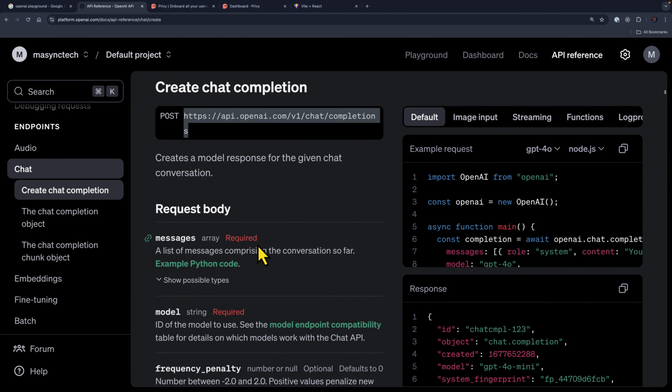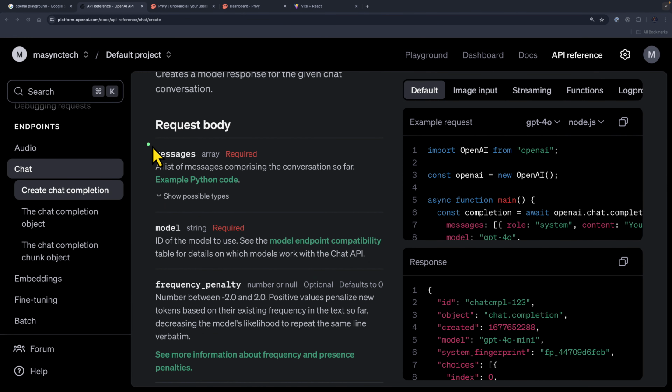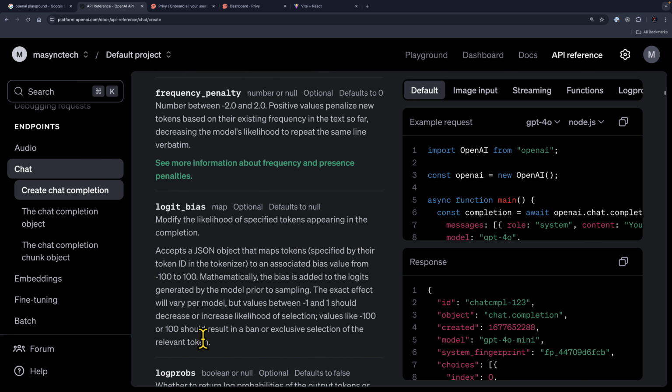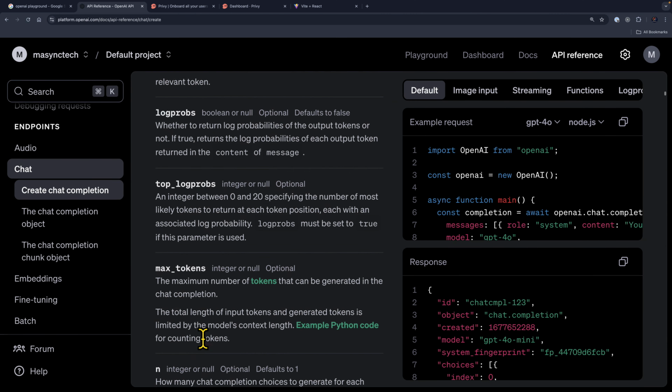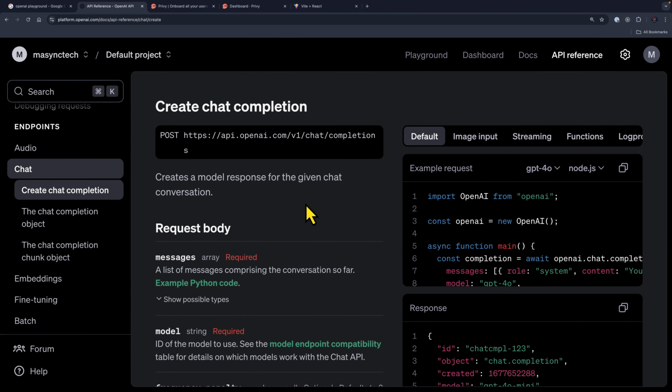So let's look at the parameters this API needs. The first one is the messages and then the model that we are going to use. And we can pass in additional configurations like frequency penalty, logit bias, and others. So you can read more on what these properties or the arguments mean. Now that we have the API, next step is that we have to decide which model we are going